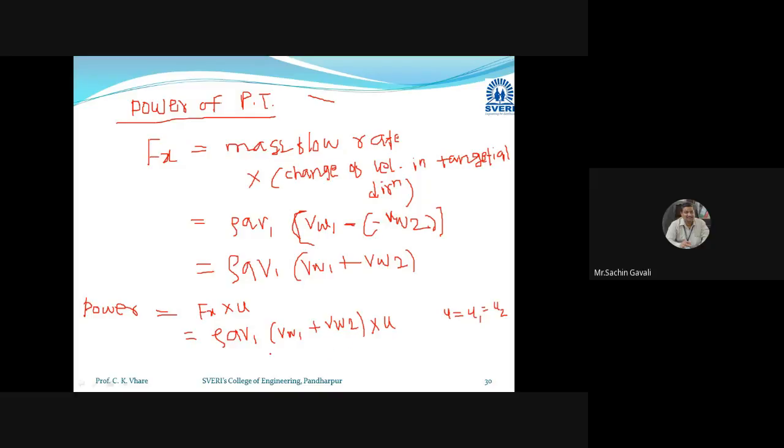Okay, if we divide this by 2, it will be in kilowatts. So we calculate in watts, then convert to kilowatts. Have you understood this power of the Pelton turbine, the power generated by the Pelton turbine? Yes, sir. Okay, so has G understood? Others please reply. This equation is very important to solve the numericals. Please write down.